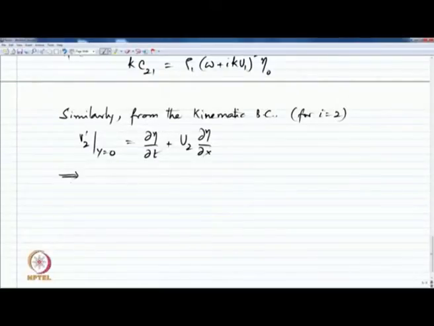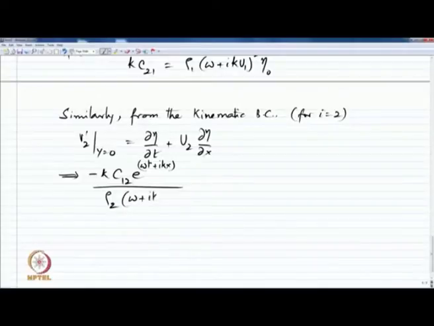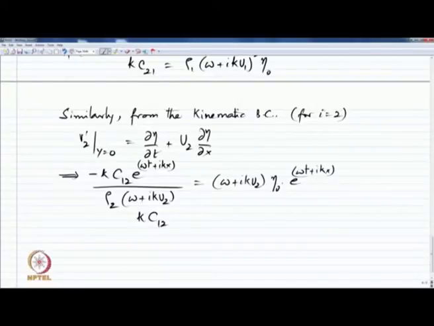Now, substituting what we have for V 2 prime in here, we get minus k C 1 2, again simplifying, k times C 1 2 equal to minus rho 2